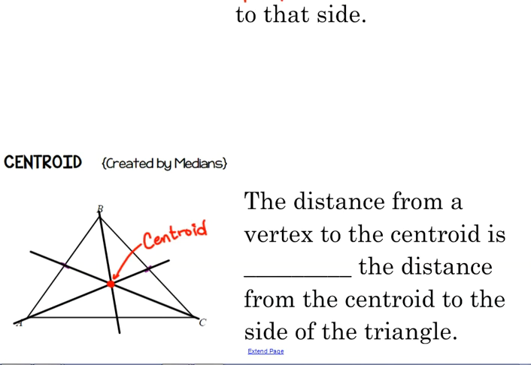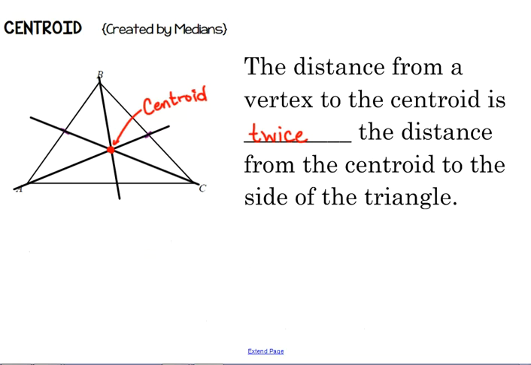Okay, here's the property. The distance from a vertex to the centroid is twice the distance from the centroid to the side of the triangle. Now, those of you that are currently holding the ruler, you could measure this out. Measure the distance from the vertex to the centroid. I'm going to start with the segment here at A. Measure that distance, and then measure your distance from the centroid to the side, and it should be 2 times